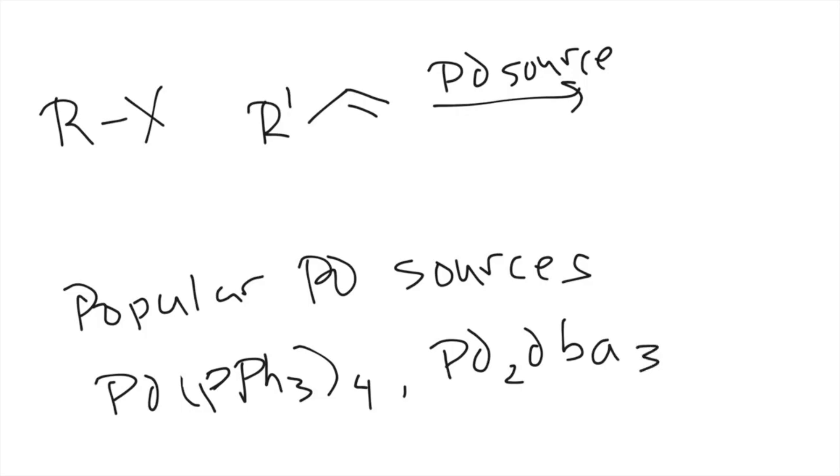So, palladium DBA. DBA is a ligand, but it doesn't do reactions well, so it's often replaced by another ligand. Or you'll see palladium acetate, which is a palladium 2 salt. So the first two are palladium 0 sources, and the last one is a palladium 2 salt. Those are your popular palladium sources. Then you'll usually list the ligand under your palladium, and then you'll have your base, solvent, and temperature, right? And this is going to make